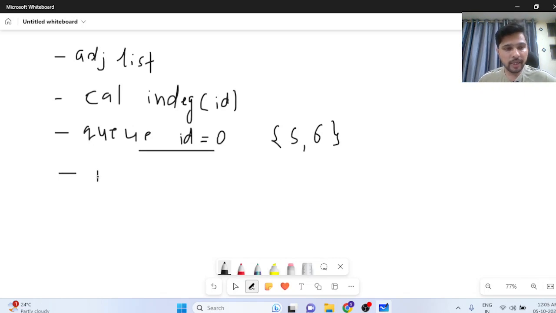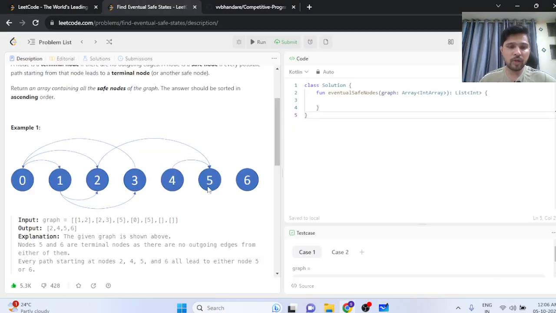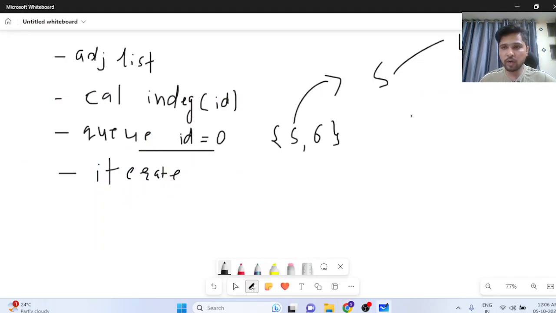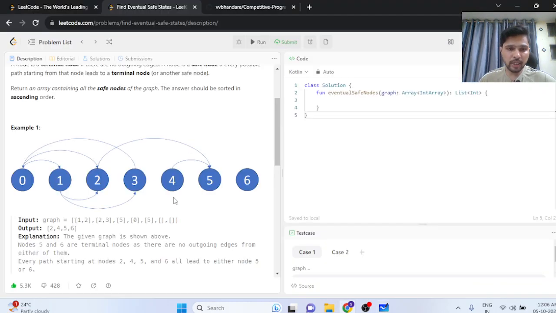Then we have to iterate through this queue and take the element out. So 5 is out now. Then we have to check what are the edges from vertex 5. There is one edge which goes to 4 and another edge which goes to 2. Now here 5 is popped out of the queue. Then we have 4 and 2. So initially it goes to 4. Then whenever